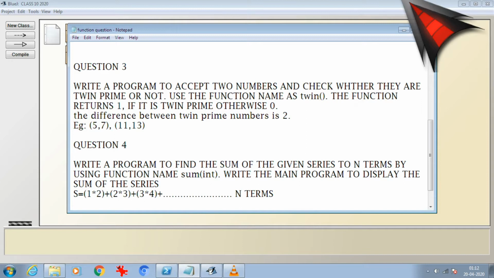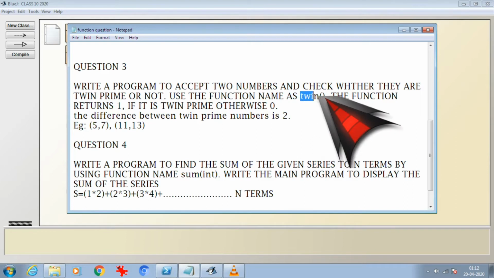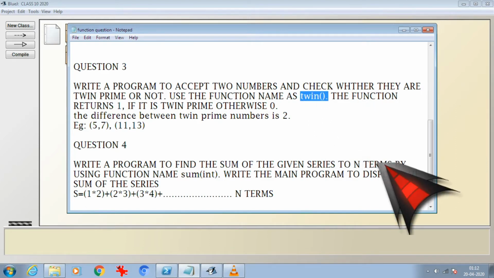Question number 3: write a program to accept two numbers and check whether they are twin prime or not. Twin primes are two numbers; we have to check whether they are prime or not. As mentioned, I have to use the function name twin, and you can see there is no argument inside.